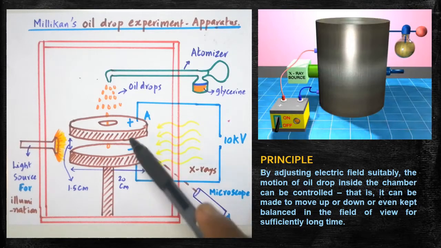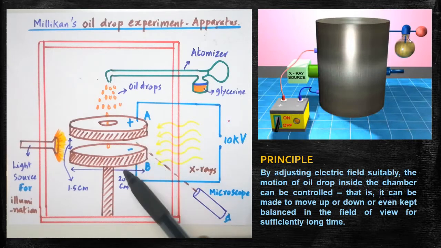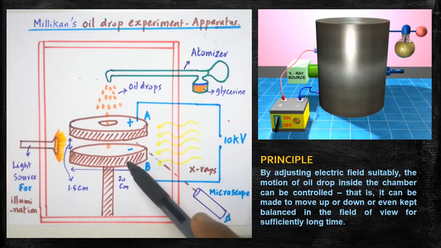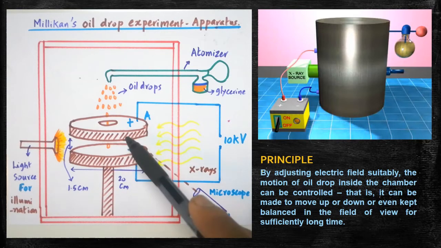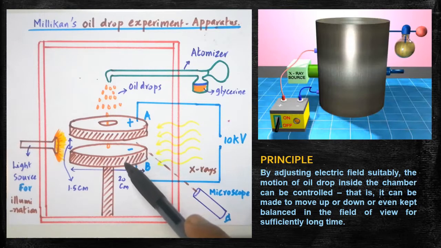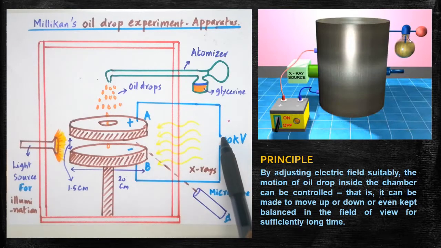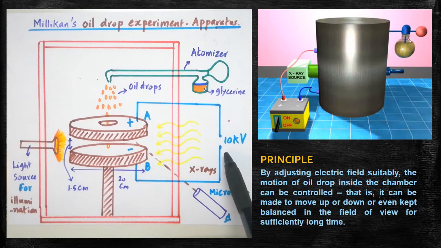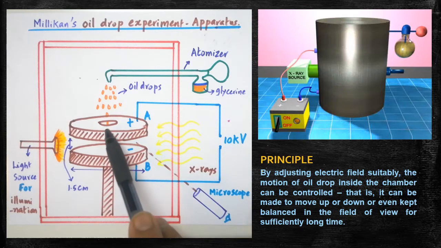In between the two plates, a very strong electric field is acting from the upper plate to the lower plate. The electric lines of force start their journey from the positive plate to the negative plate. The upper plate is connected with the positive end of the power supply, and the lower plate is connected with the negative end. A small hole is made at the top of the upper plate A, in the middle.